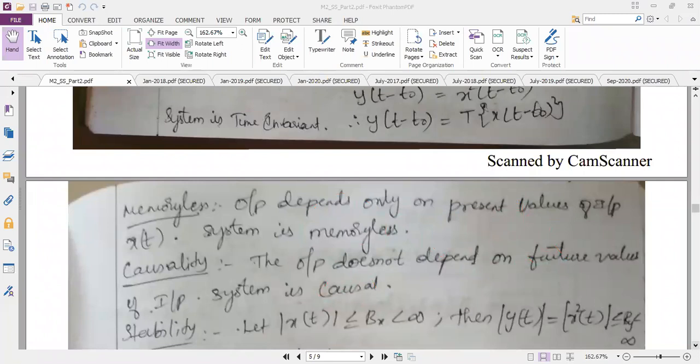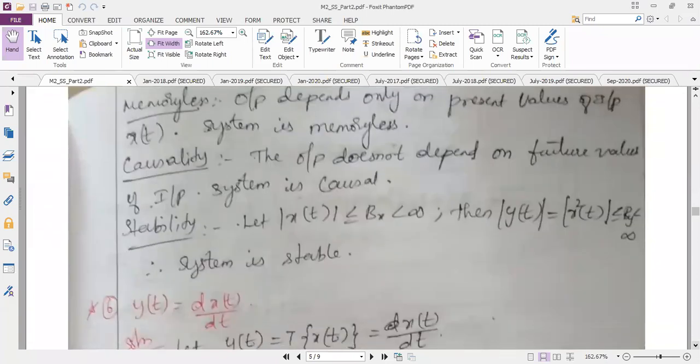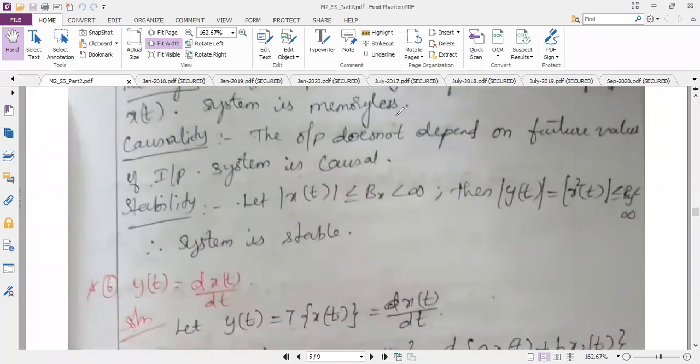So for stability, I said, if the question is in this format, the system will be stable or unstable. For stability, the question should not have a product along with x of t. Then only will I call that system unstable. Here in this question, it does not have any product. Outside x square of t, I do not have any product in terms of t. That means t square into x square of t, like that I do not have. So obviously my system is stable. And you know how to write the stability condition. If you miss this format in the exam, the marks will be cut. Okay.